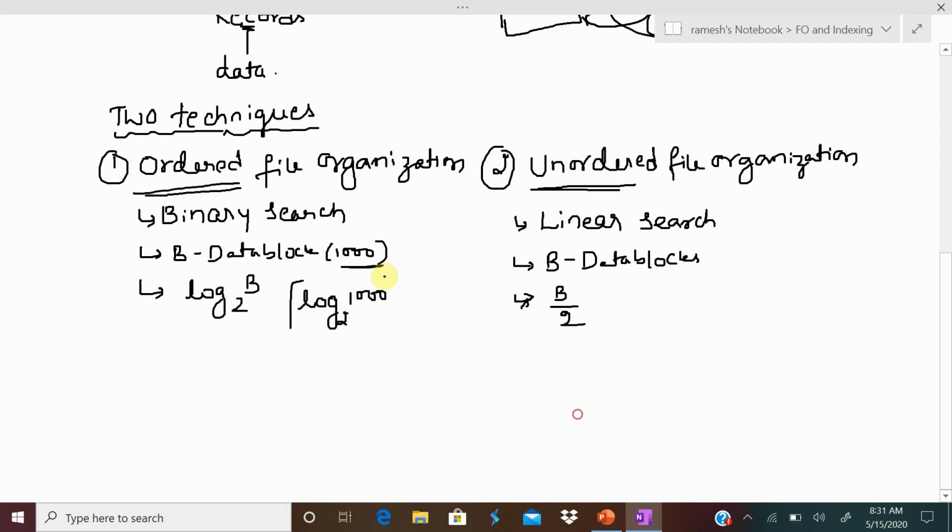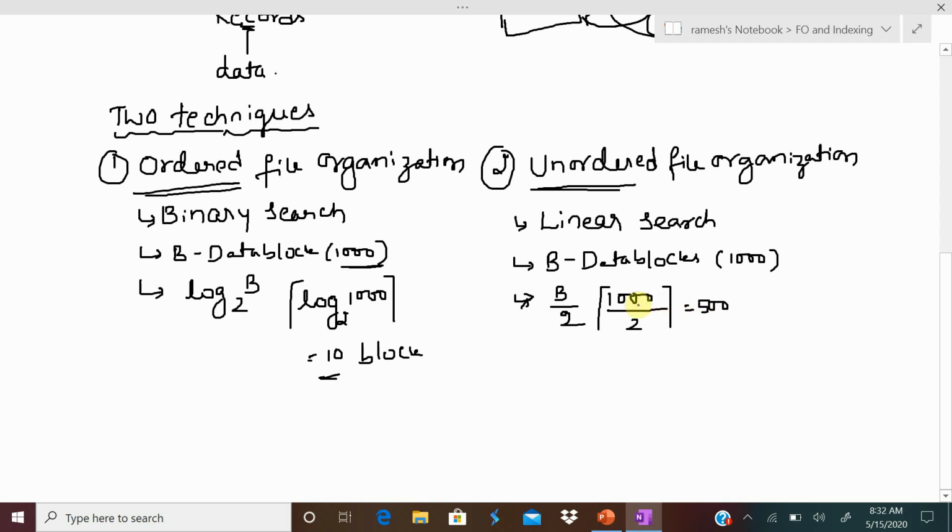It means it is going to access 10 blocks. Here suppose the same situation, I have 1000 blocks. On average it is going to access 1000 by 2 blocks, which is 500 blocks.